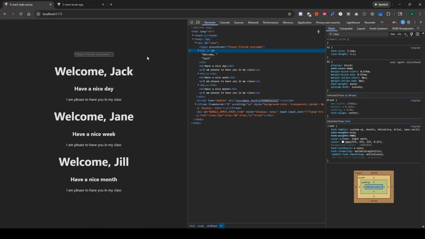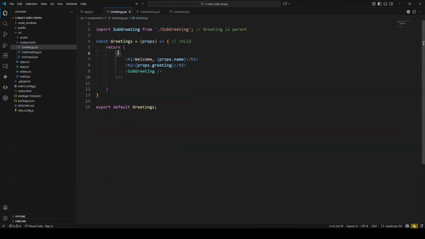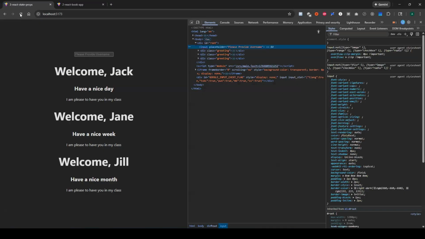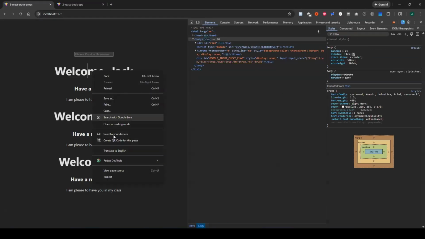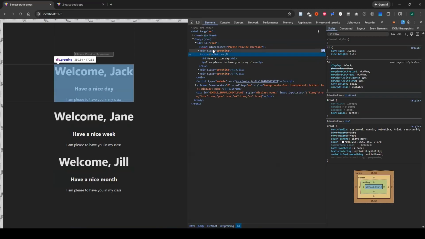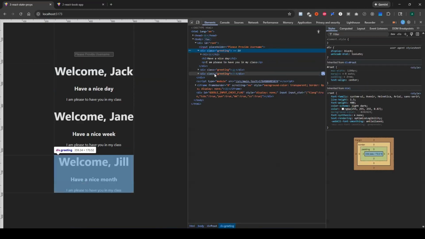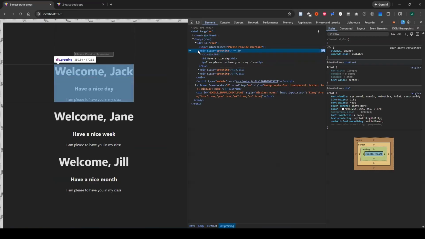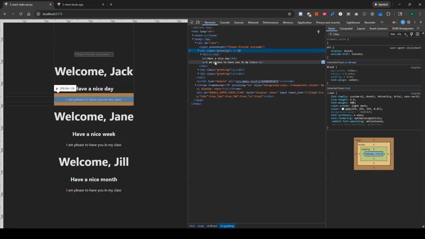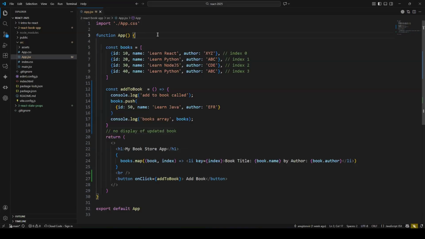And let me make it clear. Greeting component. So let me make this div with the class name greeting, to make it explicit for you guys. So let's look at this. We have one greeting here, another greeting here, another greeting here. These three components have a subcomponent called "I'm pleased to have you in my class", or subgreeting. So now we created three layers of